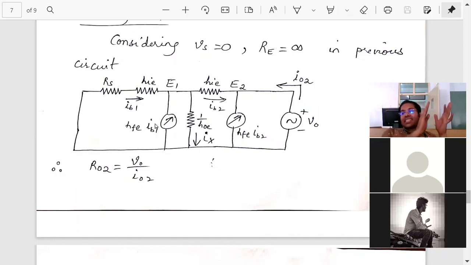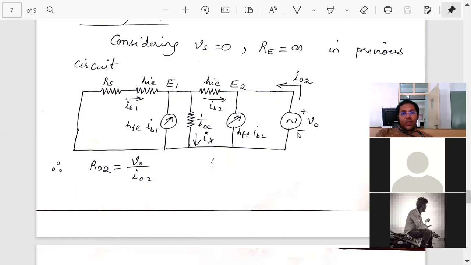We are taking the entire circuit because if I want to put Vs = 0, I have to modify the first stage. If I have to make Re infinity, I have to modify the second stage. To avoid multiple circuits, modifying and analyzing separately, then grouping together, I am taking a single circuit. If you find some textbook where they have done it separately, that is also correct. This is also correct. Okay, fine. So how to go for R02?